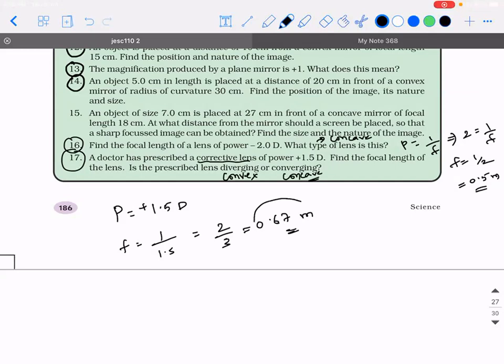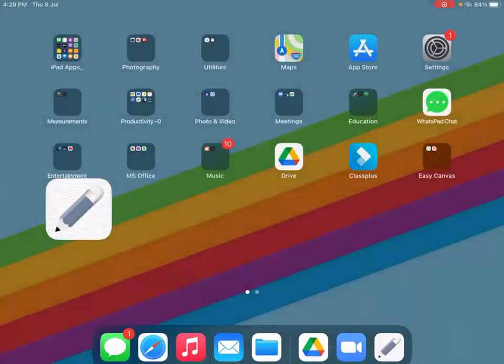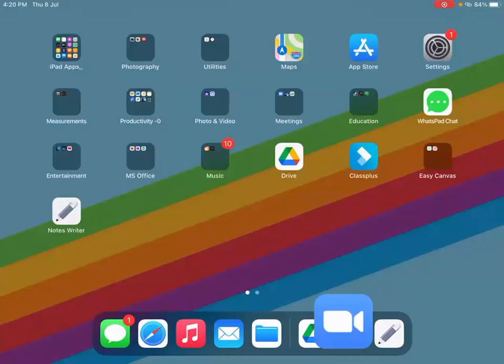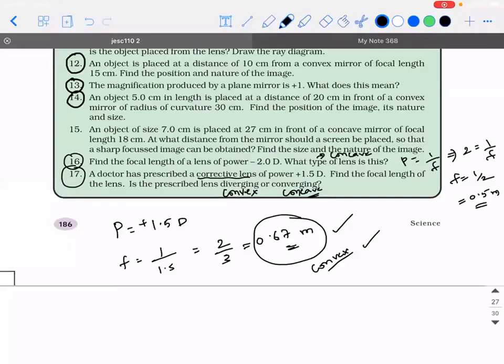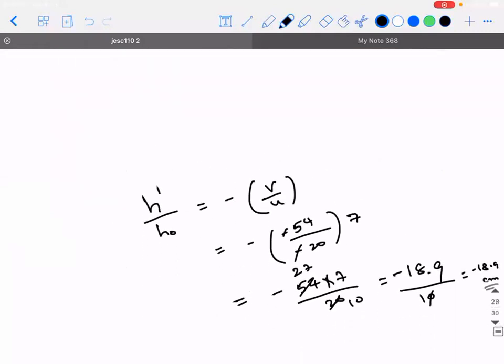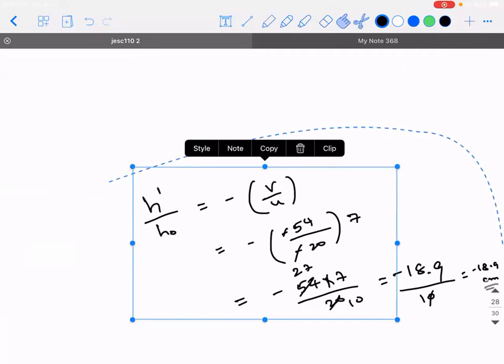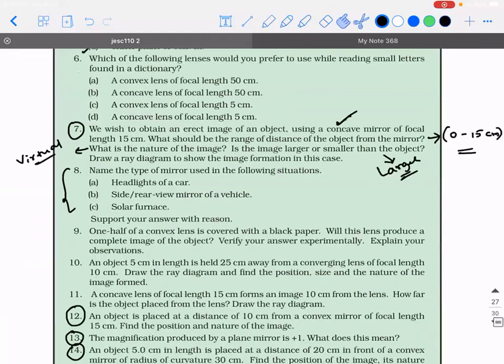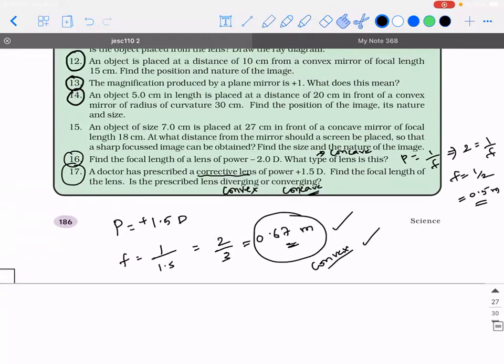I just now told you, no? Guys, are you clear or not with the concept? Is there anything you want me to explain? I asked a simple question. Why is no one answering? So it is a convex lens, right? Clear or not? At least answer the question. So it is a convex lens.